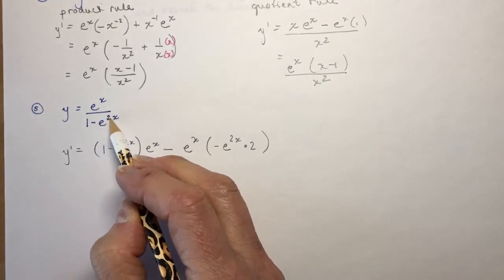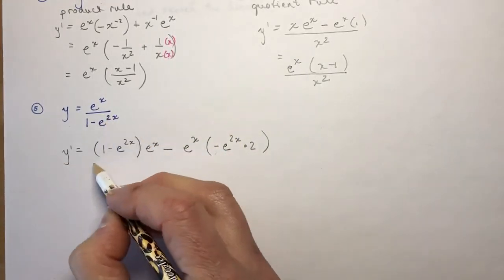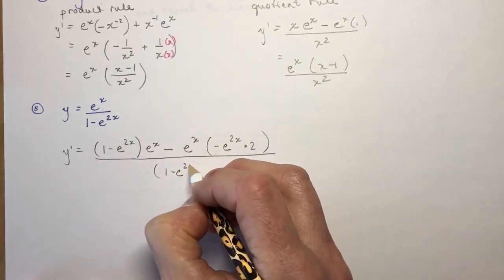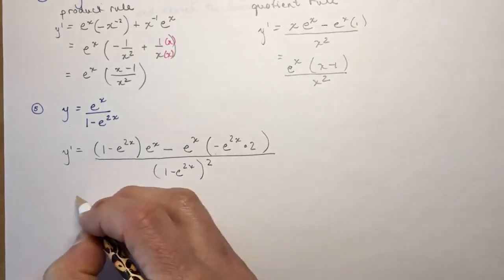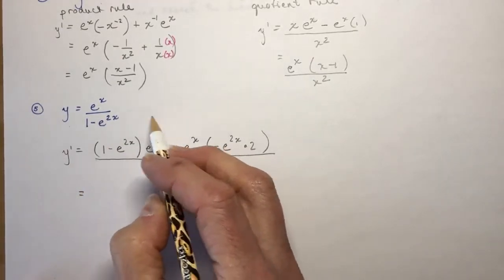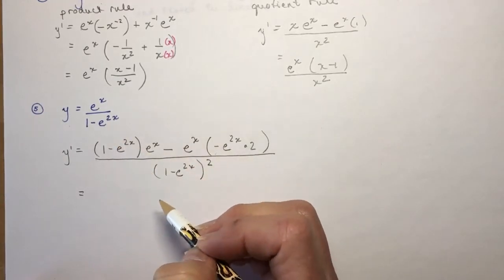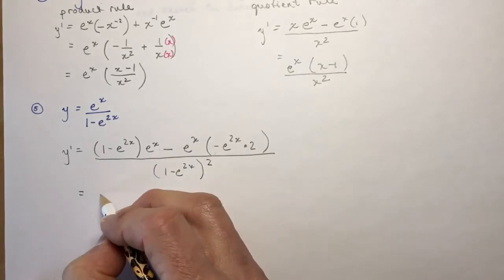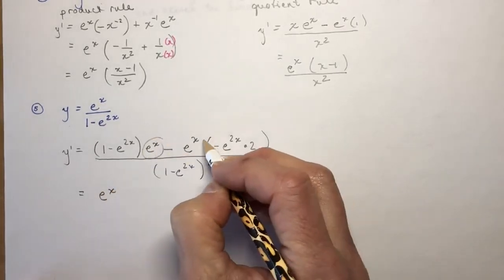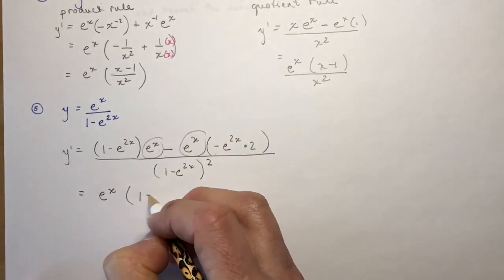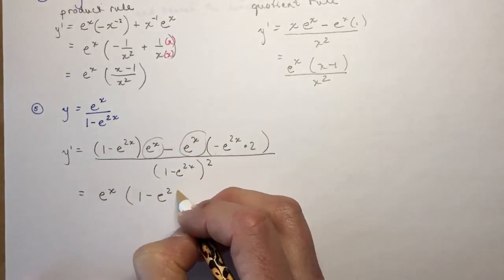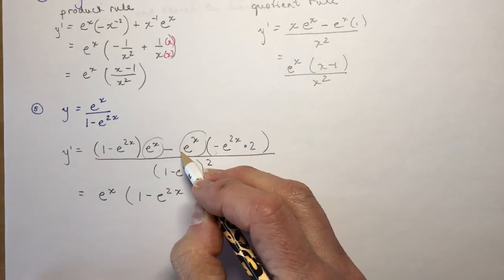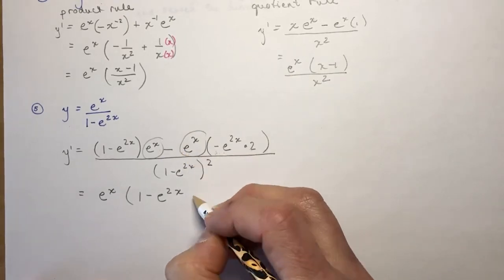So I did e to the 2x minus e to the 2x times 2 all over ho squared, 1 minus e to the 2x quantity squared. Okay, so if I expand this, or better yet, let's take out an e to the x first, because they both have that right here. So I'm going to have 1 minus e to the 2x, and this here was minus 2e to the 2x. Minus it means plus 2e to the 2x